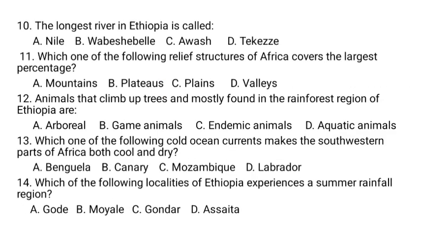Question number 10. The longest river in Ethiopia is called: A, Nile; B, Wabishebele; C, Awash; D, Tekeze. Question number 11. Which one of the following relief structures of Africa covers the largest percentage? A, mountains; B, plateaus; C, plains; D, valleys. Question number 12. Animals that climb up trees and are mostly found in the rainforest region of Ethiopia are